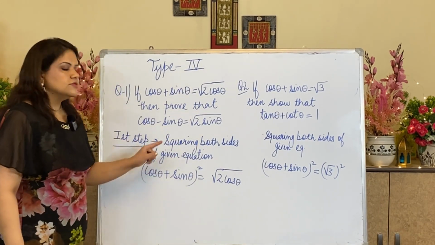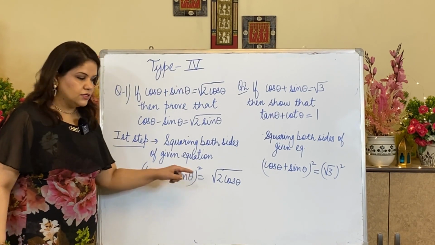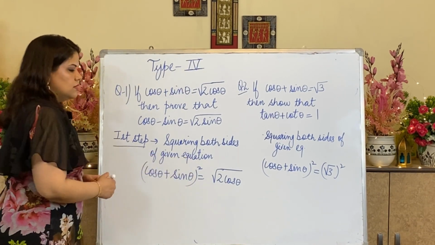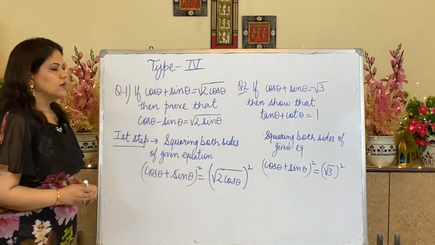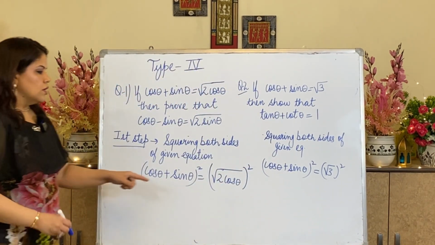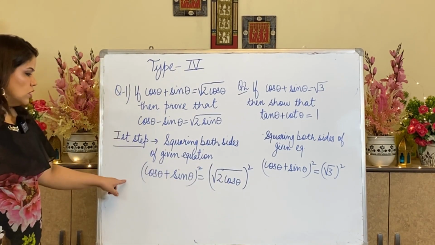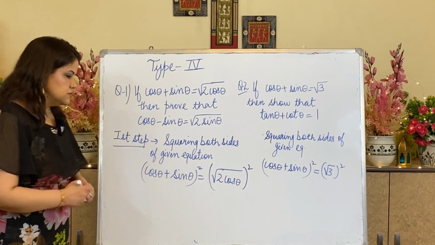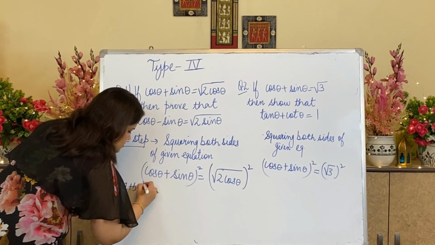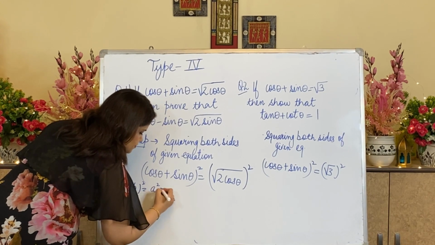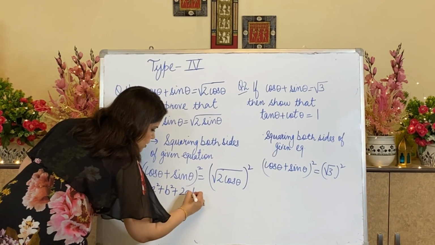After doing the squaring, I will get cos theta plus sin theta whole square, and on the right hand side I will be getting root 2 cos theta square. So how will I solve this? You know (A plus B) square is